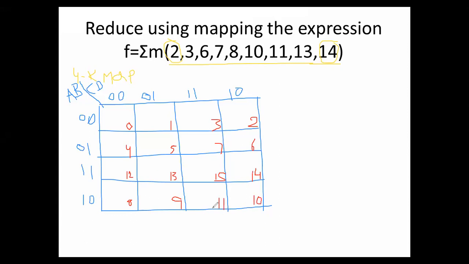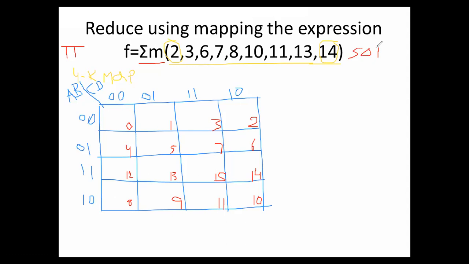First, draw the general K-map. Now see the function here. This belongs to min terms. How do you know this belongs to min terms? Summation small m will be there. So summation means this belongs to min terms. Suppose if you are having the function pi, then that will belong to max terms. Are you remembering? So here summation is there. That's why this belongs to SOP, that is min terms.